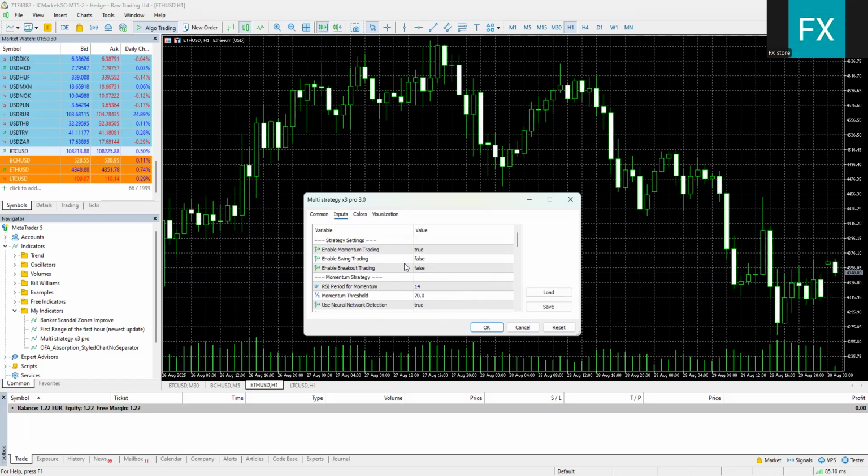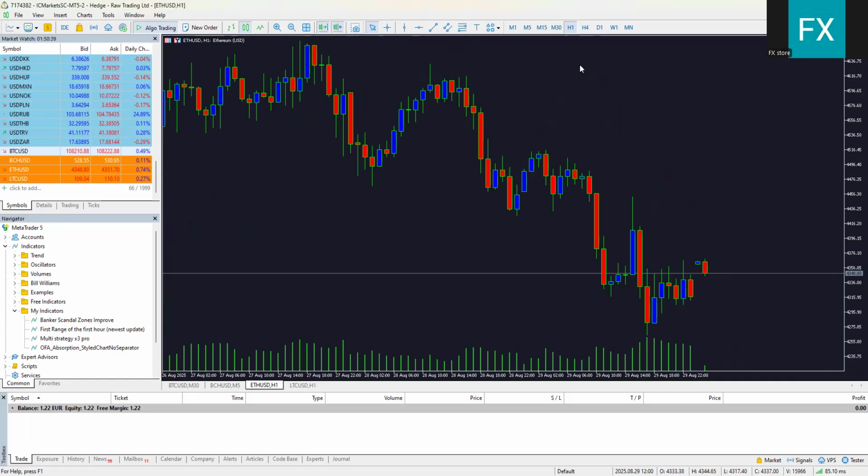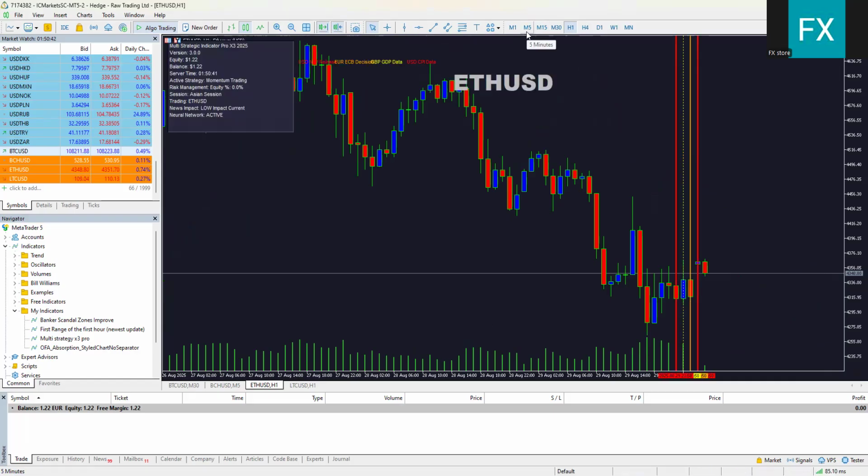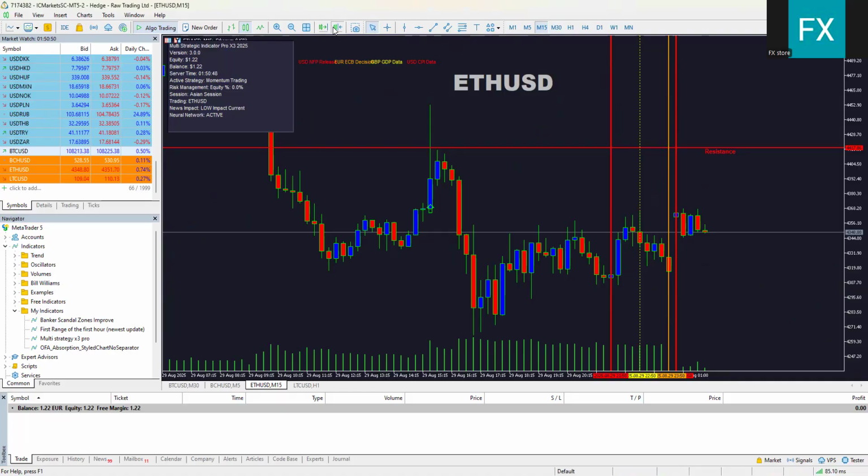If you want to do momentum trading, two to false, one to true. So let's click OK and see what's going to be. Right, momentum. You're a scalper, so you have to use the 5 or 15 minute chart. So let's go to the 15 minute chart for scalping, short for 80% scalping and 20% swing. So what I see here